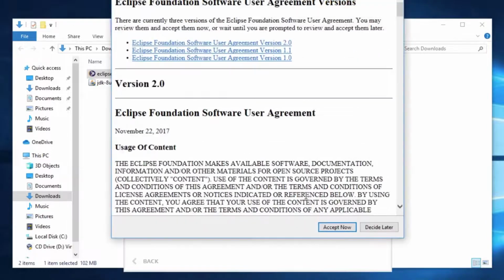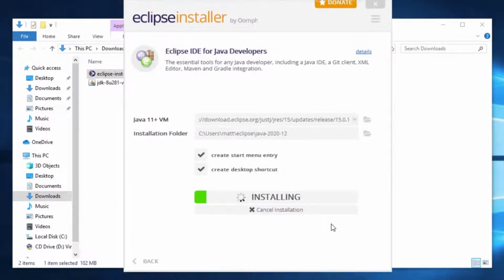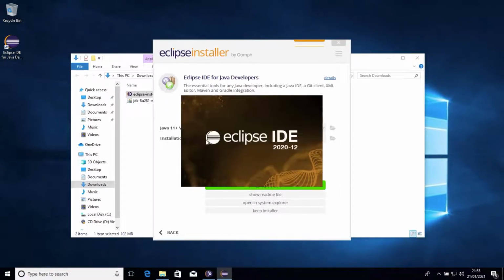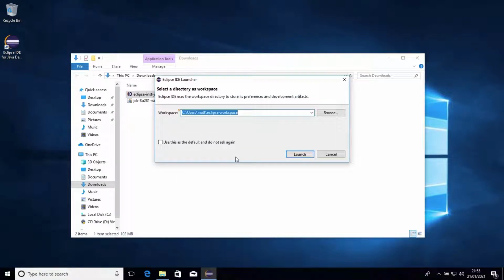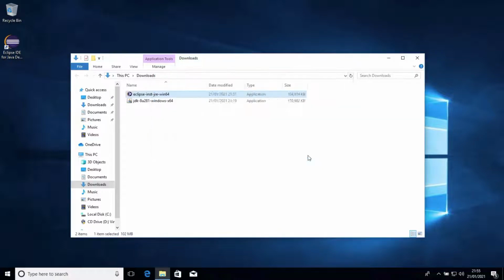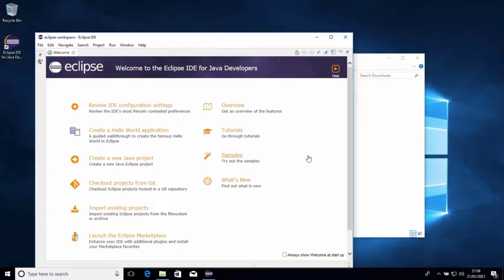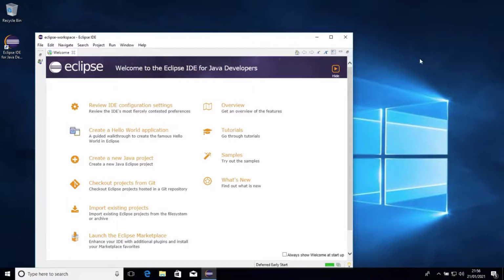And we just install, accept the agreements. And now it's actually downloading that particular version of the Eclipse IDE onto your local machine. It might take a while to download, but that's fine. You can see now it's downloaded. So if we just do launch, notice as well it's also created a shortcut there on the desktop. The first time it launches, it might take a little bit longer. That's fine. We'll just accept this as the default for now. Launch again. And now here we are. We're inside Eclipse. Just close that.